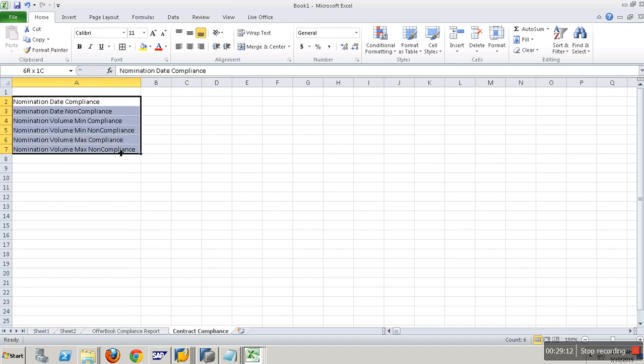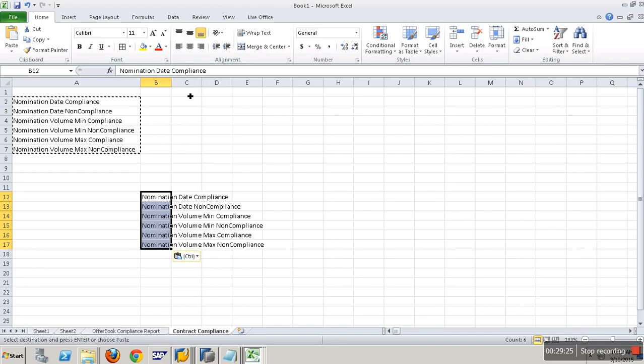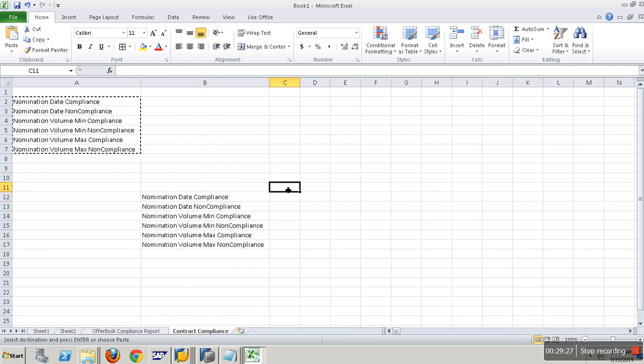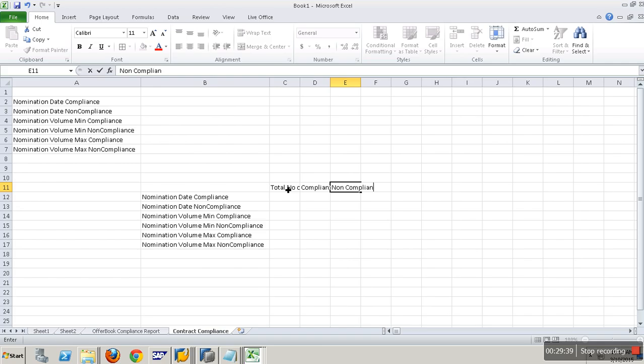Like this, I want you to show me these compliances for a contract. For a given contract, I would like to see the statuses of all these compliances. In the summary report, I want notes like this: total number of contracts, compliant, non-compliant, and percentage of non-compliant.